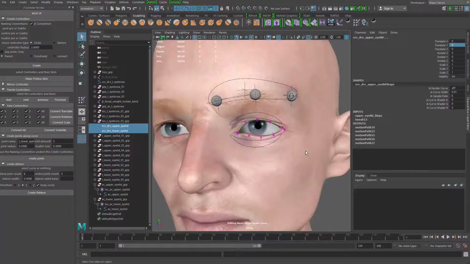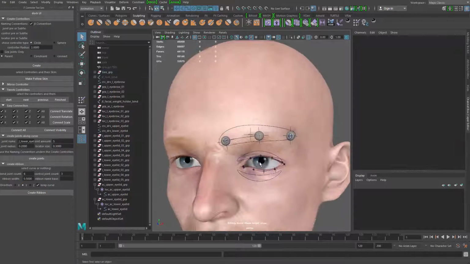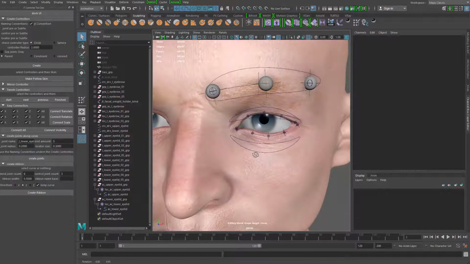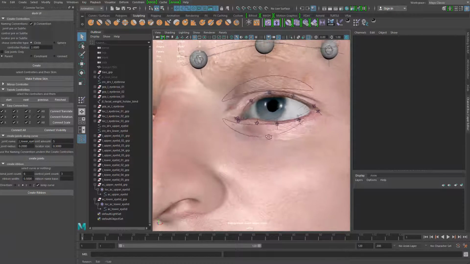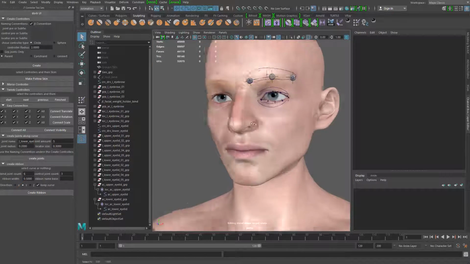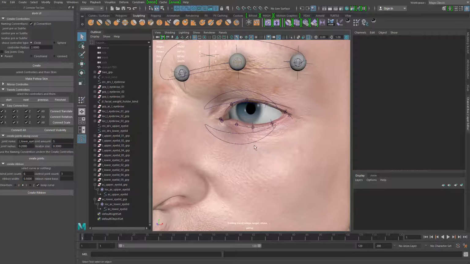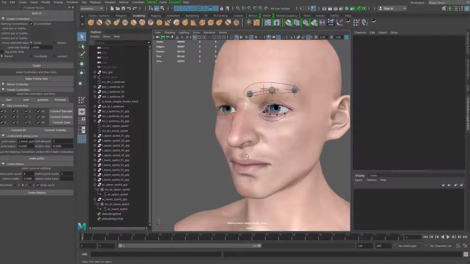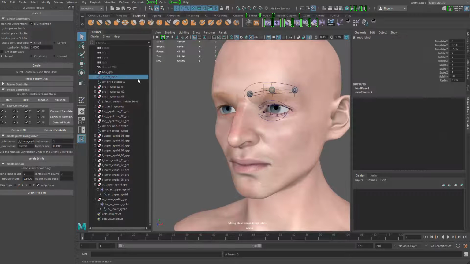But those things are all something you're familiar with, so I'm not going to do that here. But there's literally no difference between this way and the old ways. Just this time the blend shape will be on the curve instead for the eyelid follow when you rotate the eyeball. The driven key will be from